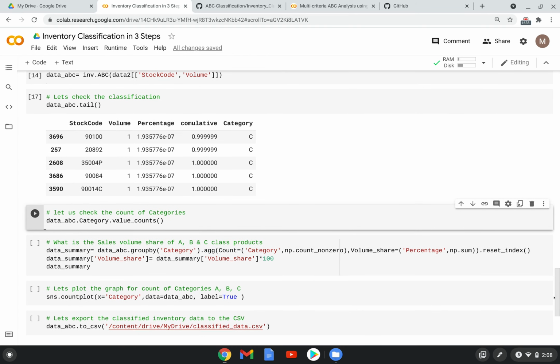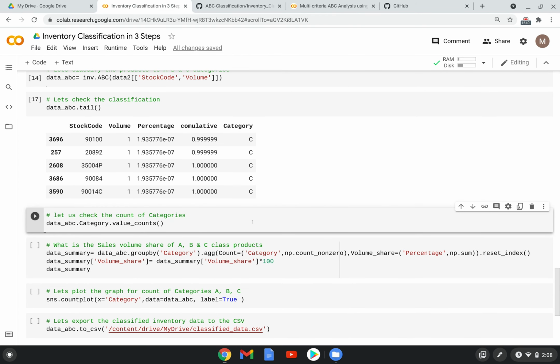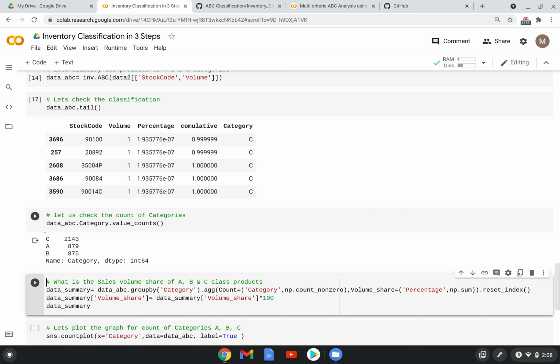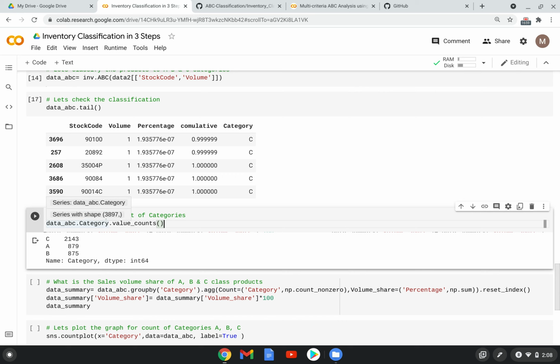So we would like to understand how this data has been classified into A and B and C. What is the count of items in A class, the count of items in B class, and the count of items in C class? So we are calling data ABC, which is a data frame, and for the category column, we are doing value count.